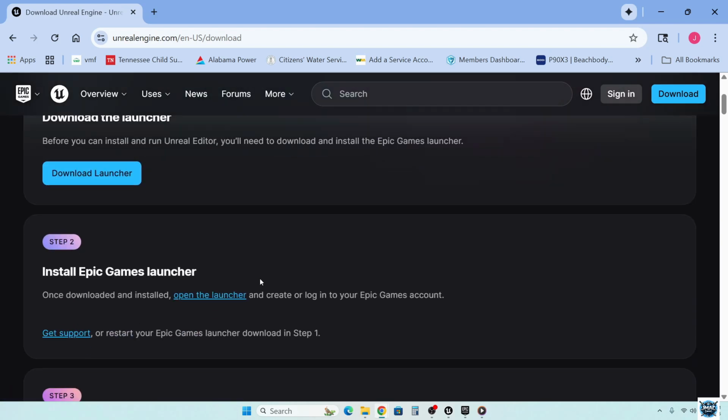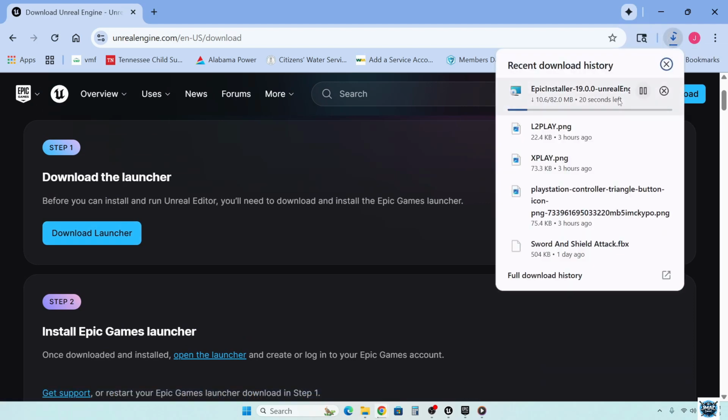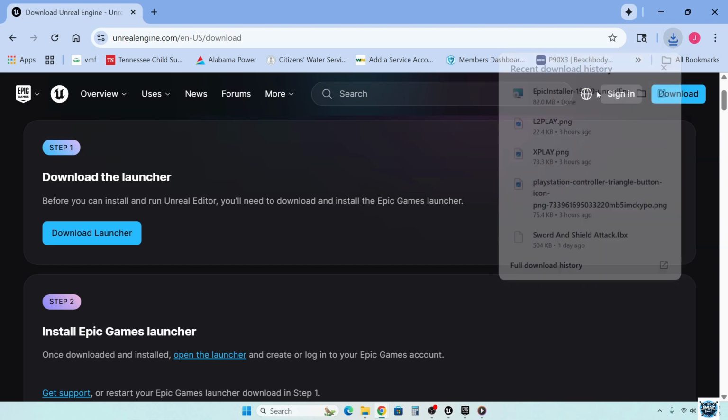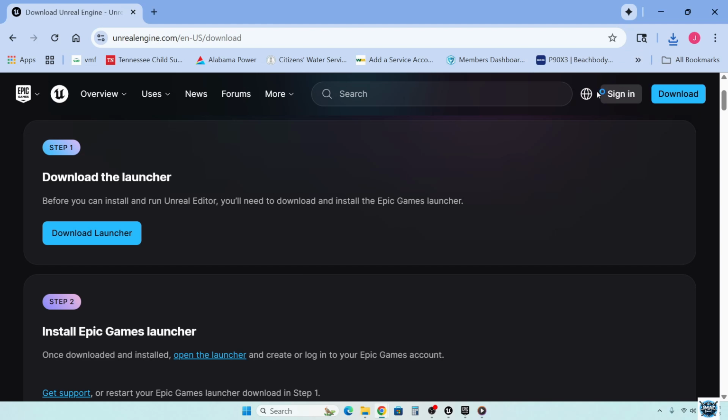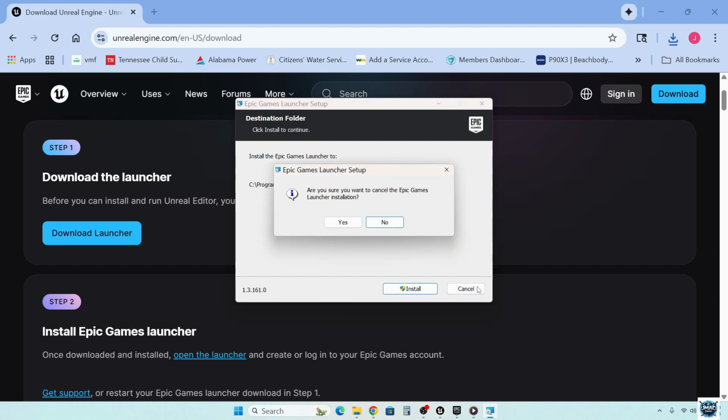I've already got the Epic Games launcher, but just to show you, click on it and it'll pop up there at the top. When it gets done, just click on it, and maybe I can show you guys exactly. Hopefully it doesn't try to download it again. Okay, it comes up with the install the Epic Games launcher here. Once it installs,